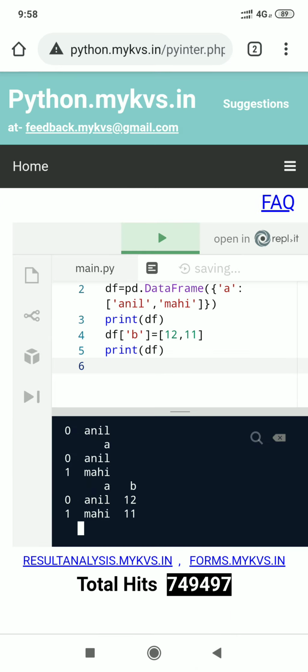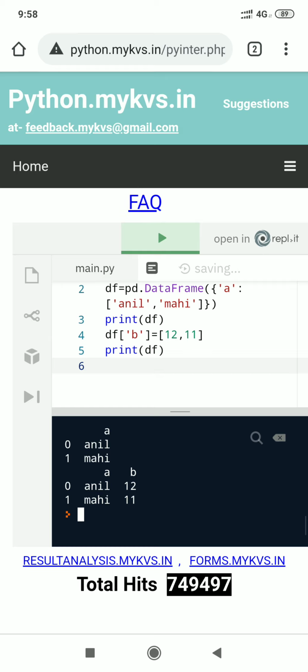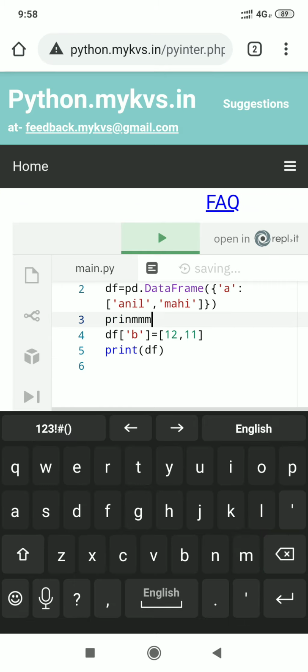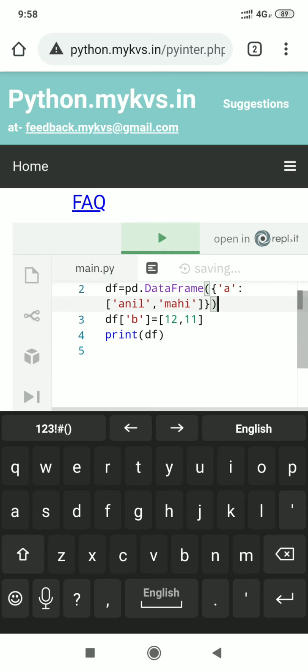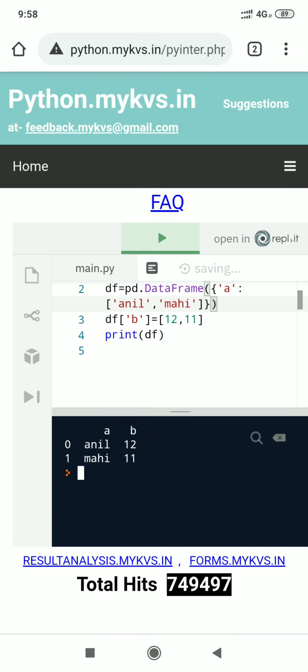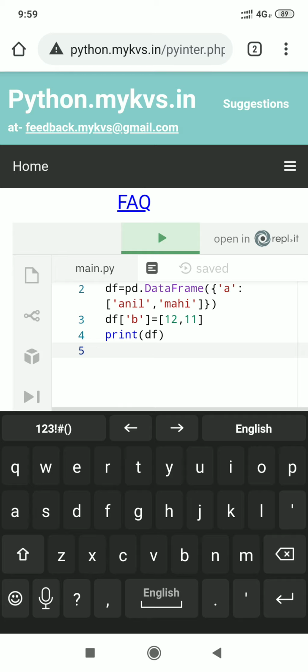It should display A and B. It is displaying A and B. Now I remove this also. First of all we are creating a data frame with a single column A with values Anil Mahi. Next we add one more column in the same data frame, and then we display the value of df, it will display the modified data frame.